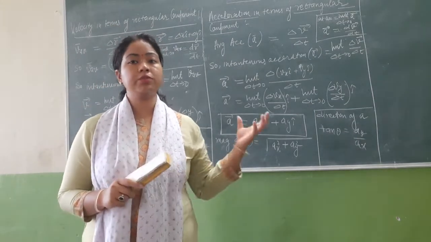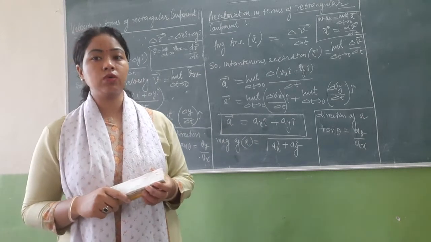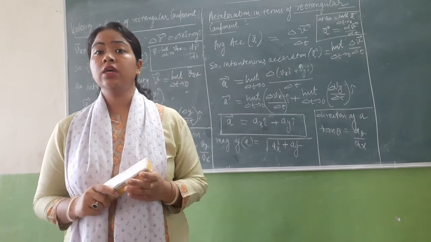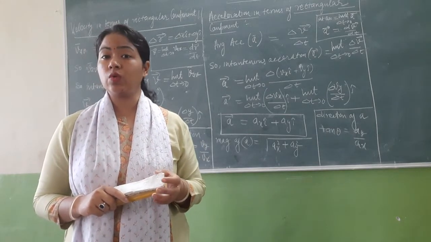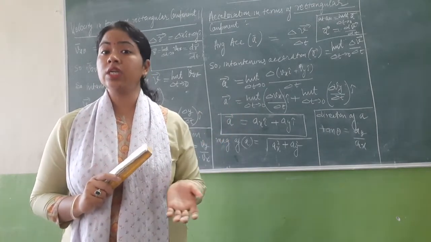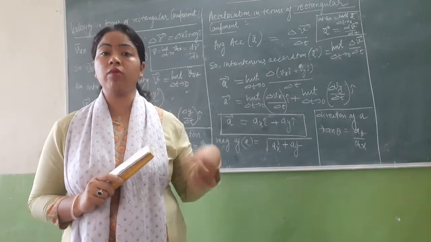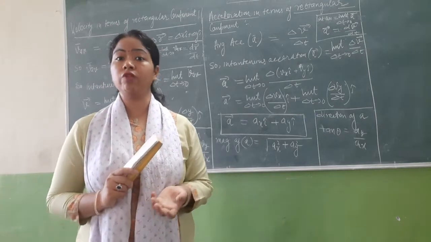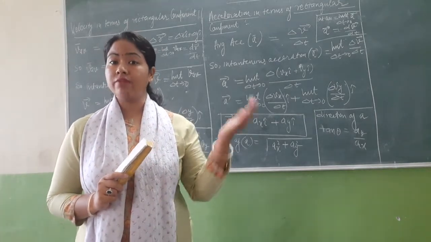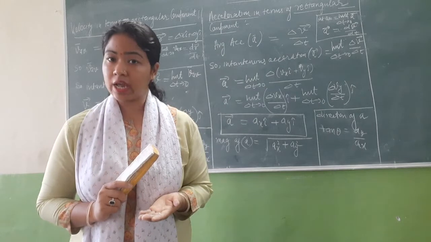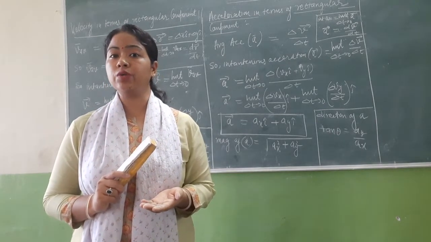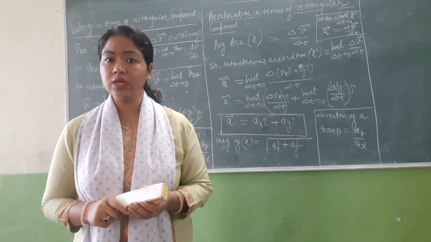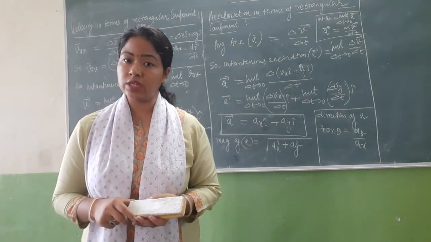So in this particular topic, we are going to discuss, if components are given in the form of i, j, k, how we will calculate the instantaneous values of velocity and acceleration from their average values. As we already know, whenever we have the average value of any quantity, after applying a limit on that average value, we can convert it into the instantaneous value. We did that in the earlier chapter for instantaneous velocity and instantaneous acceleration.